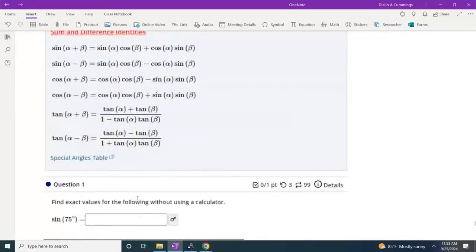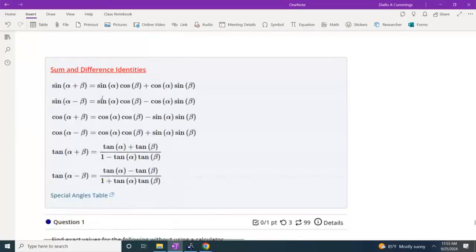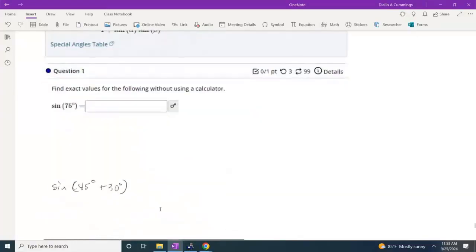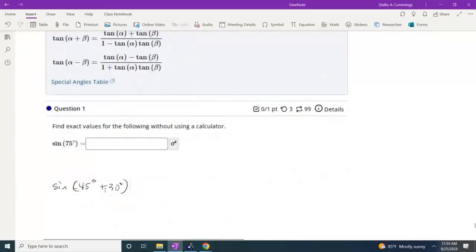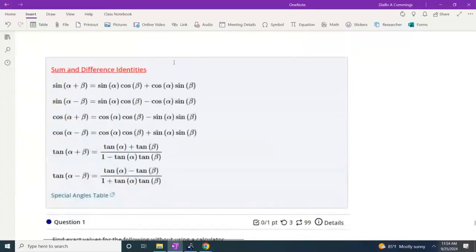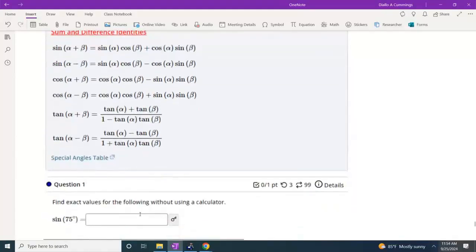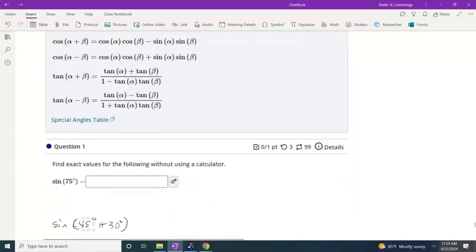If I look at my formulas, this is actually a sum of sine formula. So if I look at my formulas, this is the sum of sine formula. So this is what it says. I'm going to write it above the problem. It says that